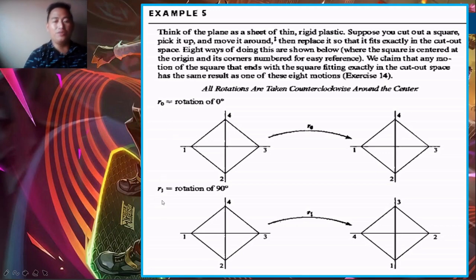Next class, our R1 is the rotation of 90 degrees. So we rotate it, class. Look here, class: 4 goes here, 1 goes there, and 1 goes to 2. Then 2 goes to 3, then 3 goes to 4. Okay, so we rotated it by 90 degrees. Next class,